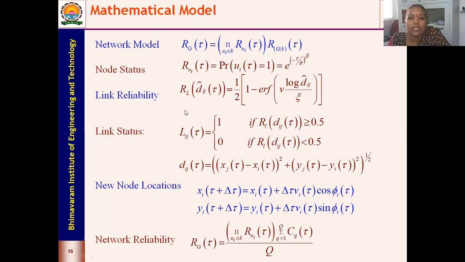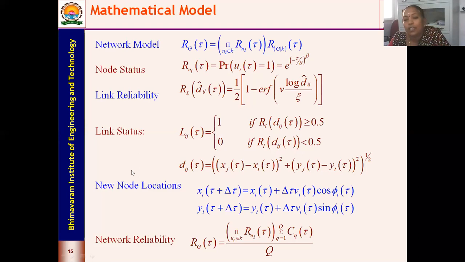It has to be B less than or equal to RL Dij of tau, and if it is that value, the link reliability will be 1. If it is greater than RL Dij of tau, it is going to be 0.